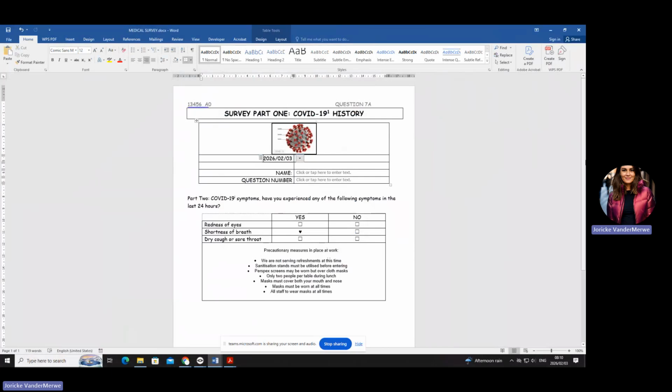Then in number 4, they ask you to key in your examination number and question number respectively in the right-hand cells next to the name and question number, question 7B, plain text controls. So your name is going to come in here. You're going to say you are Lisa, Lisa Jaza, whatever your name is. And then your examination number, I can't see the question, I don't think I've answered that. And then the question number is going to be question number 7B. So you have to type out all of that, 7B.